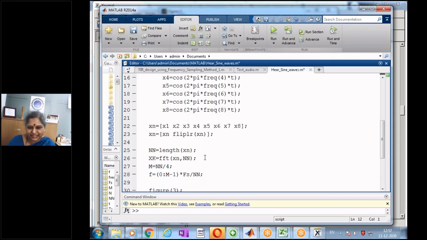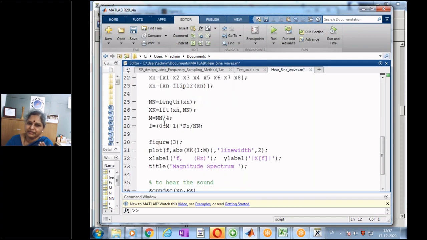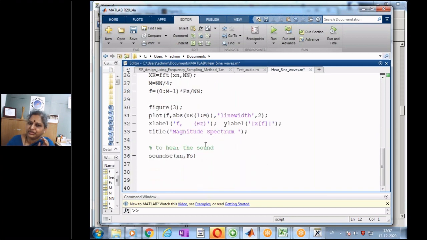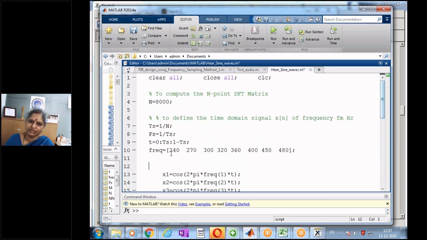And then I'm computing the total length, which is now going to be large, and for that length I'm going to compute my FFT just to get the spectrum of the signal as well. And we plot the spectrum, and instead of plotting for half, I'm just plotting it for certain initial frequencies, and I'm also going to hear the sound that we are generating. So let's run the program. So we just have the frequencies. They're all low frequency signals, 240, 270, 300, and so on, going up to 480, and then coming back below. So each of them, and then let's hear it.